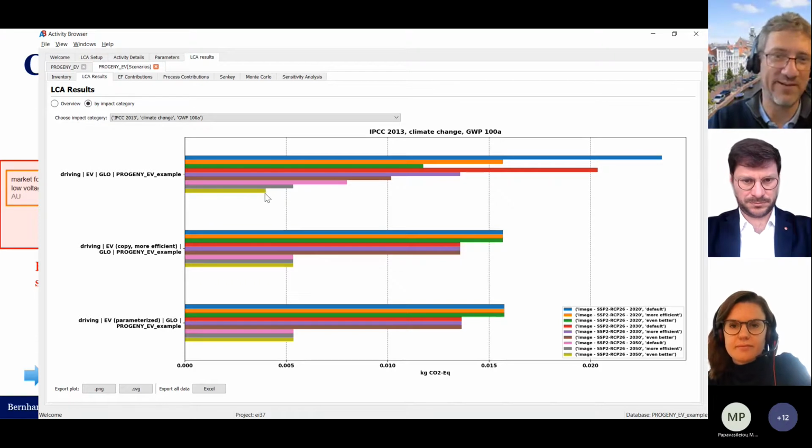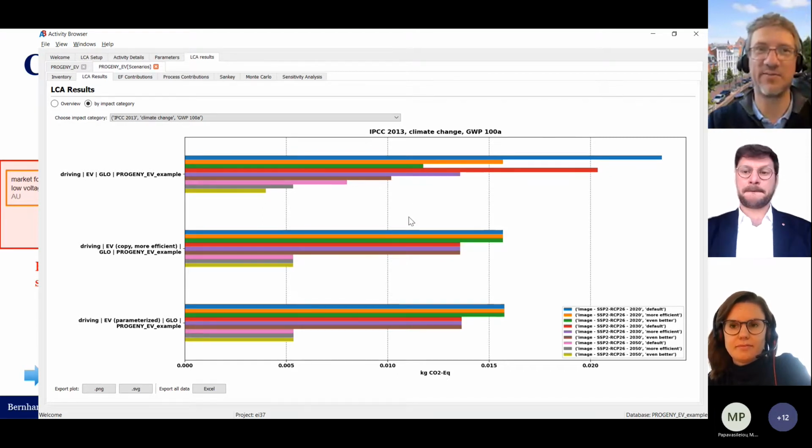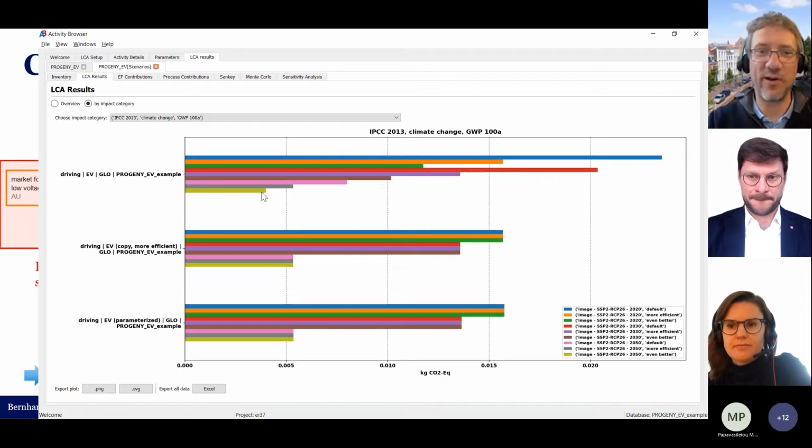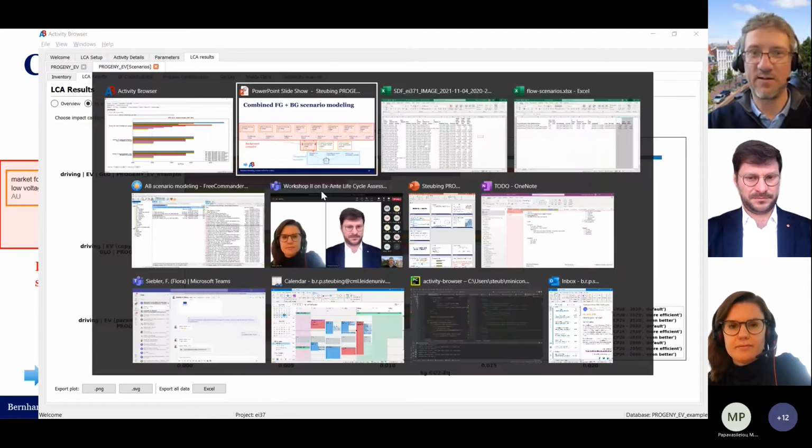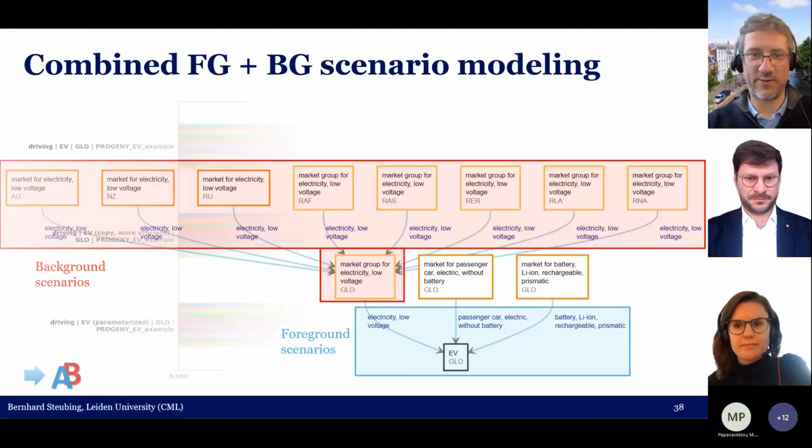Obviously, if the EV consumes half the inputs, it will still have half the impact even in 2050. So this is the combined optimal result in the future: lightweighting and renewable energy. Okay,